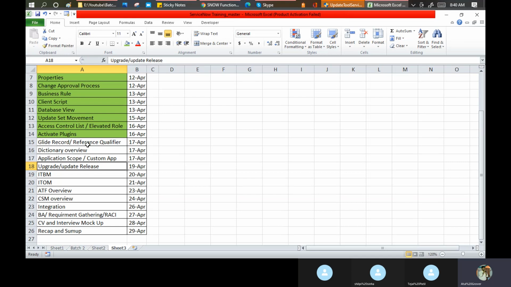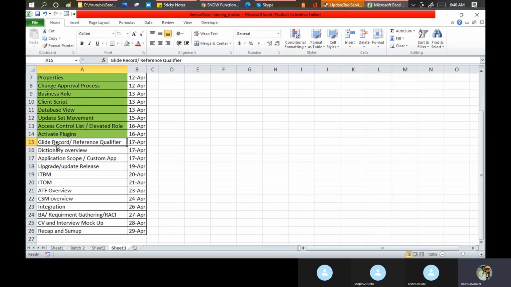So in ServiceNow, if you want to operate something on the object, we call that a glide record. Glide record is one of the important concepts in ServiceNow if you want to go for development. I am very clear on this point. If you are a functional consultant, nothing to worry about. For me, for Santosh, it is not required to understand the glide record in depth.